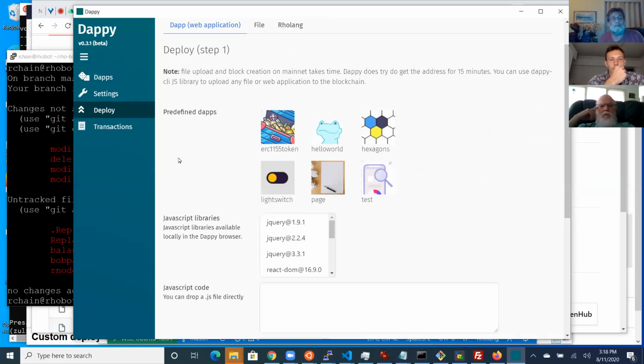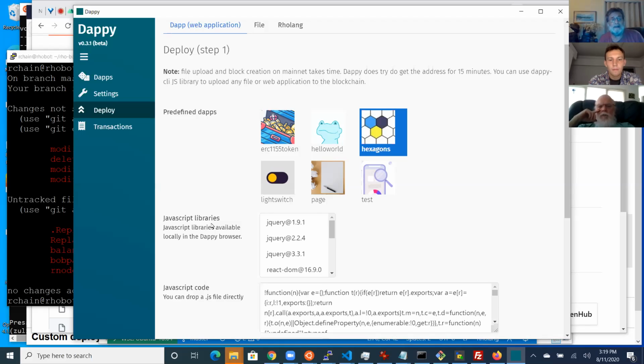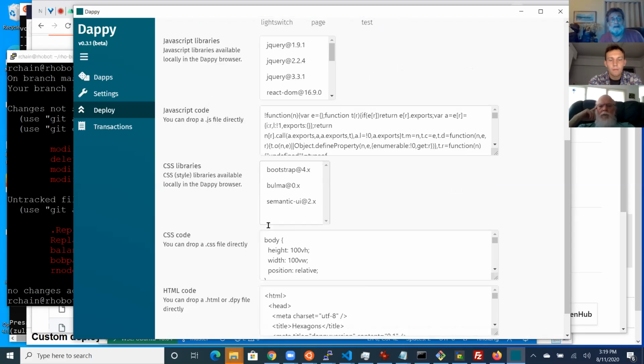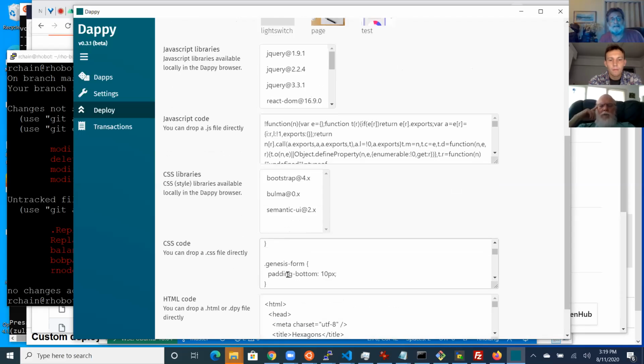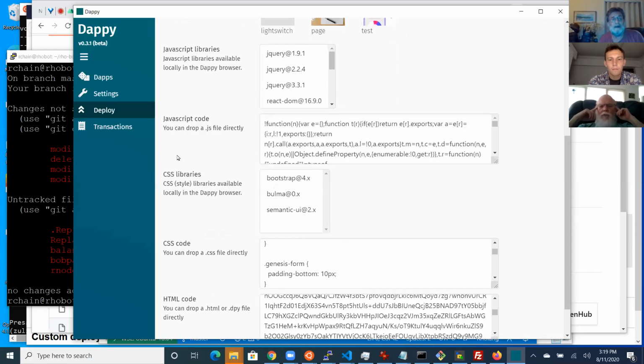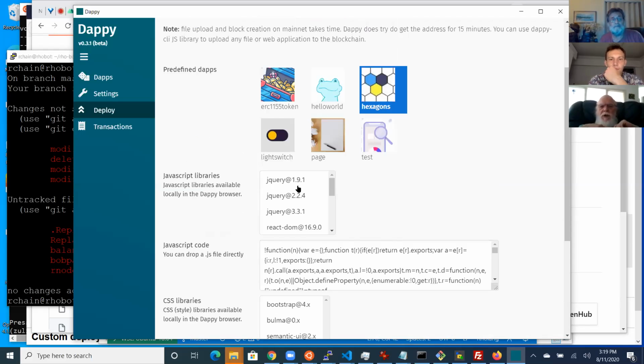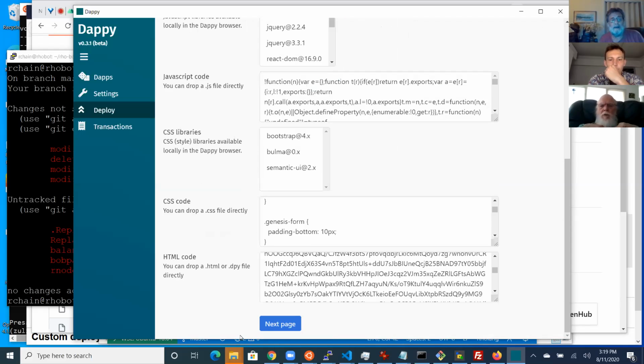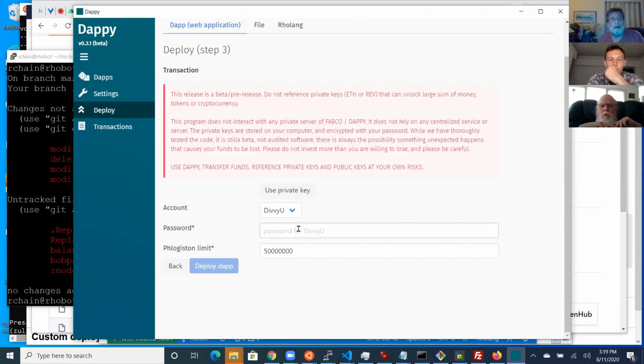If we look at deploy here, we see these are existing apps. Where page is one of them. I don't know if you've seen hexagons. Yeah. Okay, and this is the actual code for the app, and if we run it,